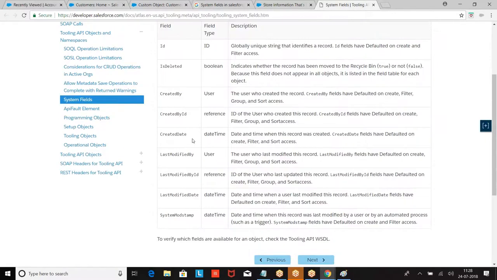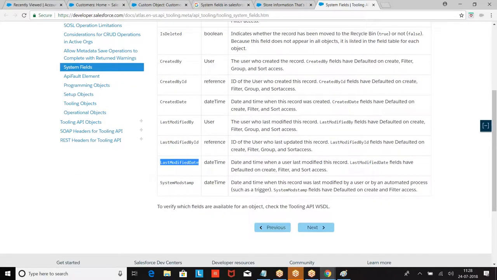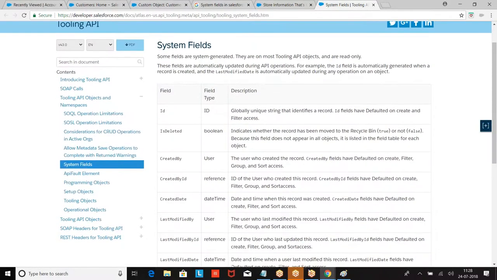Look at the format: ID, IsDeleted, CreatedById, CreatedDate, LastModifiedById, LastModifiedDate, SystemModstamp. So these are the system fields which are created by Salesforce. Now try to understand these fields one by one.